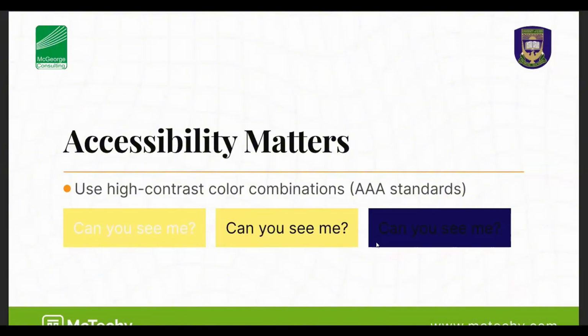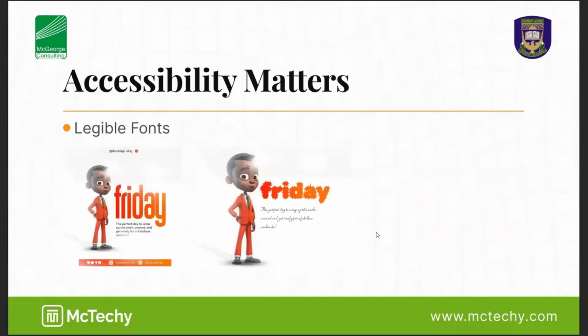So moving forward, also about accessibility now. Within these two designs that I picked, there's a design talking about Friday, the perfect day to wrap up the week, and today's Friday. Let's say we have this kind of design from someone. I acknowledge the person that did it. It was done by that person, not my design actually. The second one is me trying to play around with what that person did to still talk about